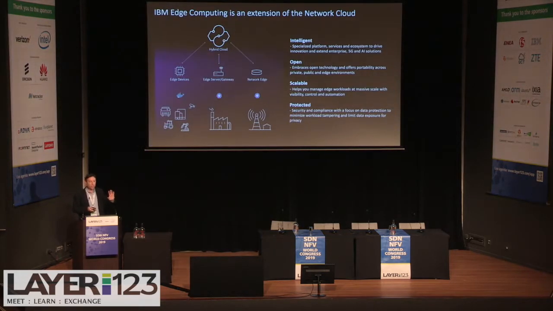And then, like we said, the network cloud is enhanced by edge computing. So we in IBM have recently launched our IBM Edge Computing Fabric. It's an extension of the network cloud. There are 4 key tenets that we have. It's intelligent, it's open, it's scalable, and it's protected. And really the goal is that you build it once, you can deploy it wherever you need to, and you can operate and manage it from anywhere. That's a key important tenet of what we do with extending that network cloud towards the world of edge computing.